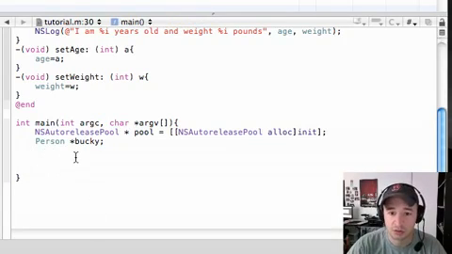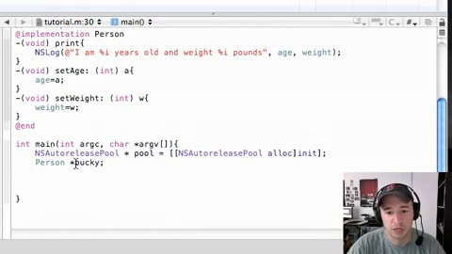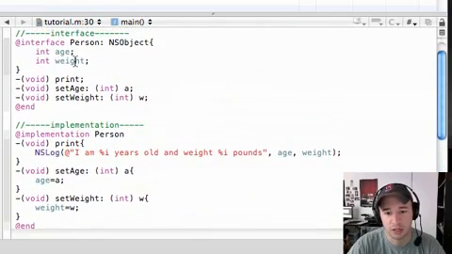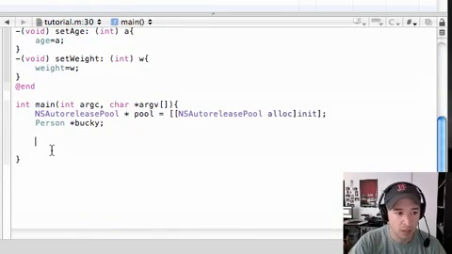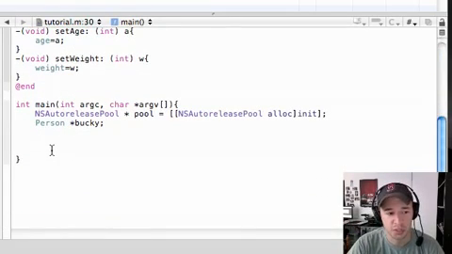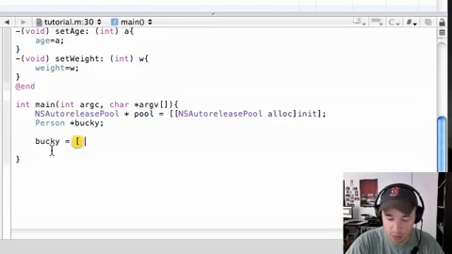What this does is say, alright, we're going to create an object named Bucky, and it's going to belong to the class or classification of Person. Now this object is going to inherit all of these traits: age, weight, and all these methods. But before we get started using those methods, we need to do a couple more things. Now that we have our object created called Bucky, let's first allocate some memory. So put Bucky equals